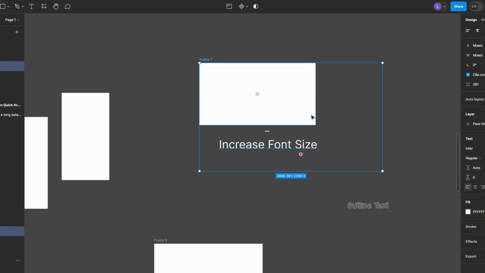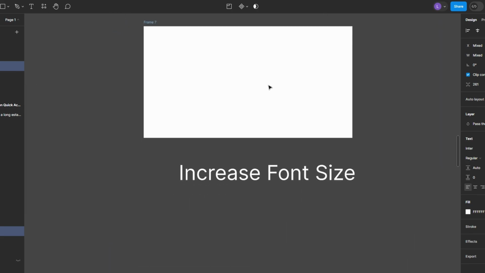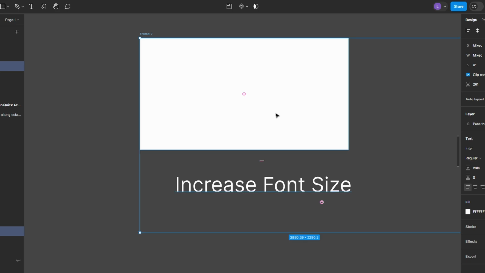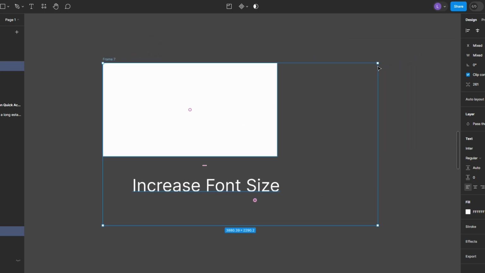In today's video, how to scale groups in Figma. Start by selecting the group of elements that you want to scale. This could be a combination of shapes, text, or other objects. You will notice that when you click the group, it shows up in the layers panel as a single group with